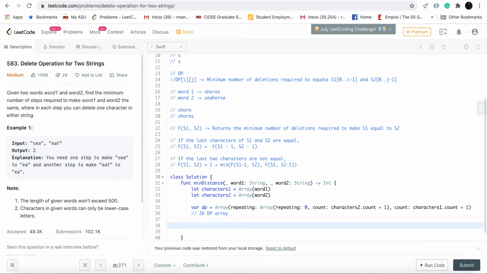Cool. We are ready to write the for loop. Now, as you can see, this is going to be a double for loop. So this will be not order n square, but order of the length of string 1 times order of the length of string 2. We're going to be filling all the rows in its entirety, then moving on to the next row. So this is how we'll go about it.